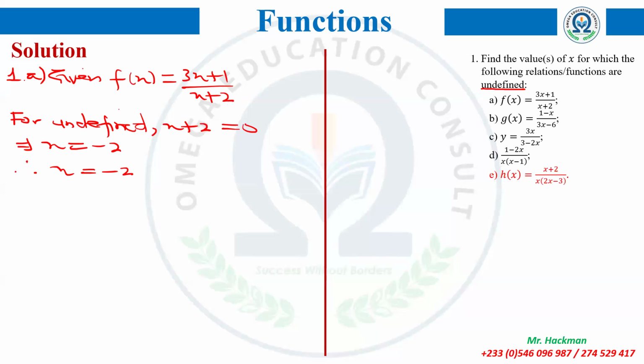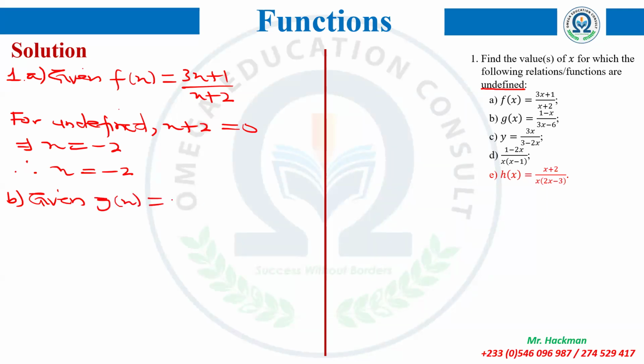So here, because the denominator, which you set to 0, is a linear expression, you end up getting a linear equation after setting it to 0. And we are all experts in solving linear equations. So quickly, let's move on to B. B, what are we given? g of x